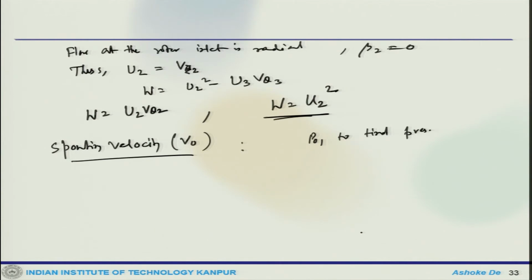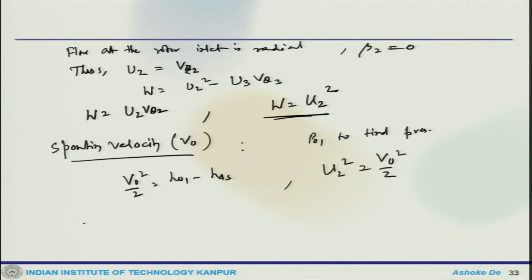The exhaust pressure here can have several interpretations depending upon whether the total or static conditions are used in the related efficiency definition, and upon whether or not a diffuser is included in the turbine. Thus, if the flow is assumed ideal isentropic through the turbine with specific diffuser, then the specific work can be defined as H naught 1 minus H 4 s, where this V naught is the spouting velocity, and this could be related or equivalent to the isentropic enthalpy drop. So, U 2 square would be V naught square by 2.